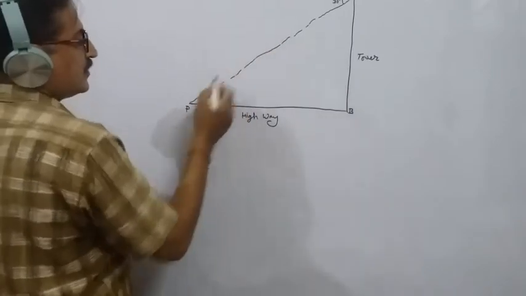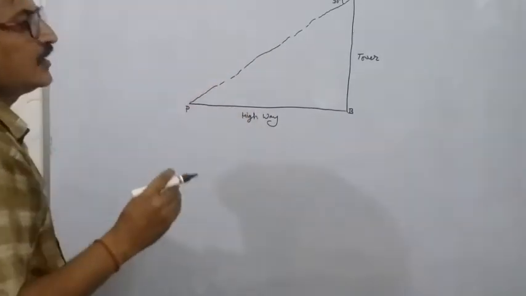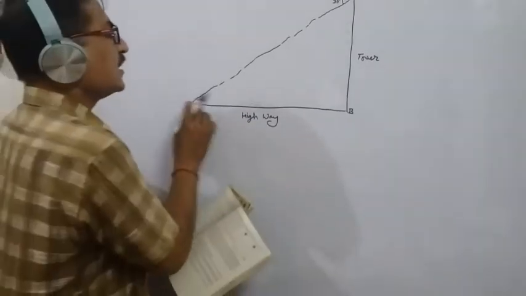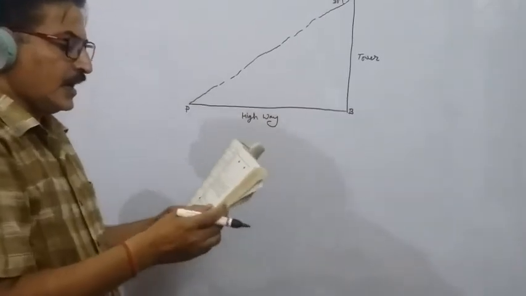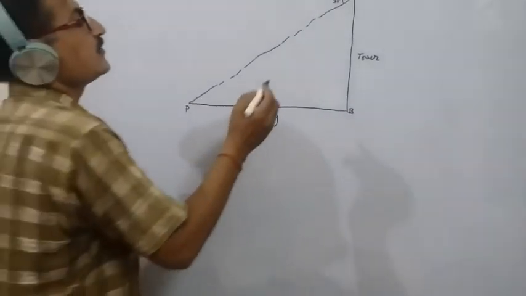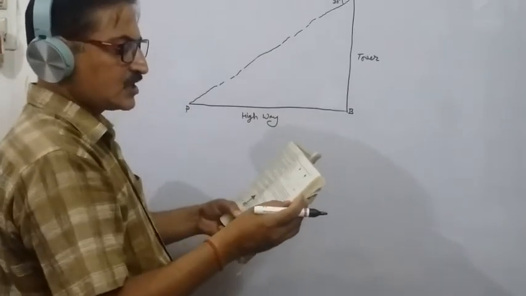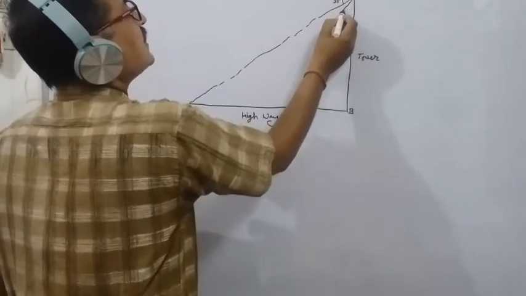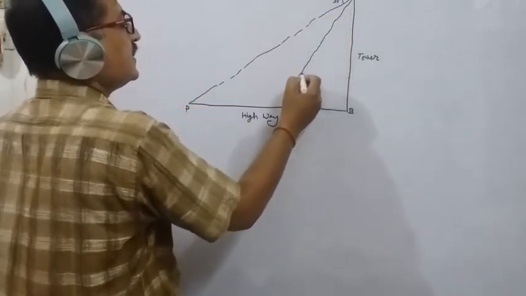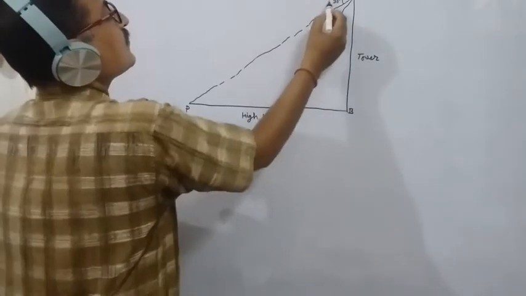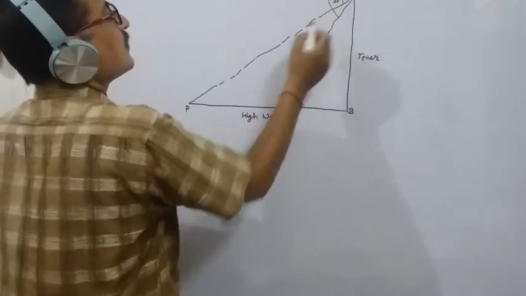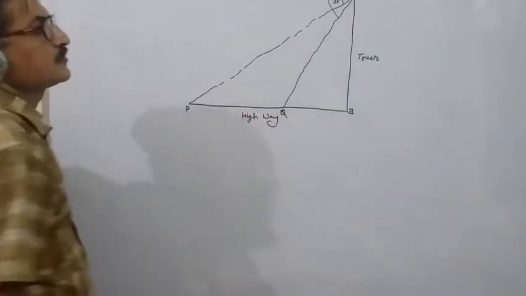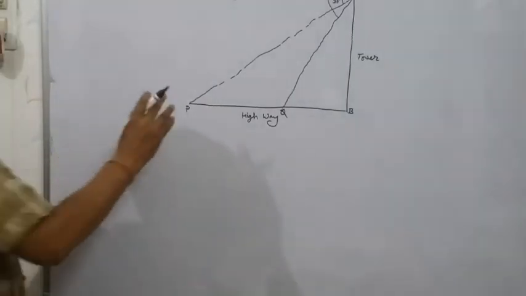Okay. He has seen that at point P one car is there, and the car is approaching the foot of the tower, means the car is going in this direction towards the tower at uniform speed. 6 seconds later, the angle of depression of the car is found to be 60 degree. Here the time is given, that after 6 seconds the car reaches point Q.